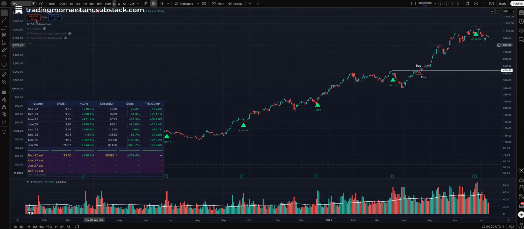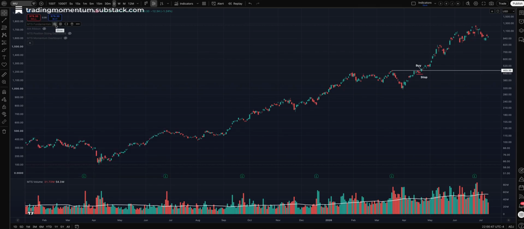So when you're screening stocks, you can see the EPS change, the sales change for each quarter, the pre-tax margins. So I will glance at the MTS fundamentals. And then I turn it off because I don't want my chart cluttered. All right, so we showed that one. I talked about my moving averages,